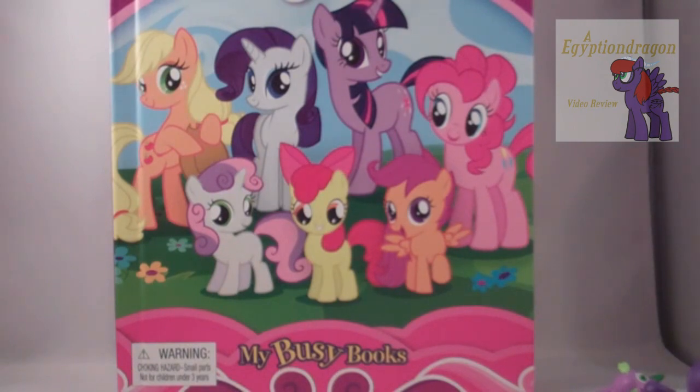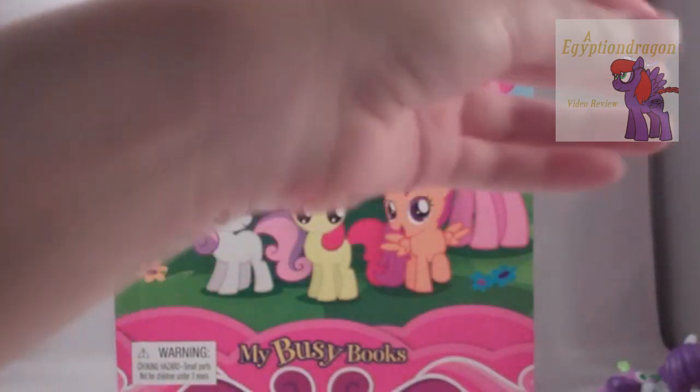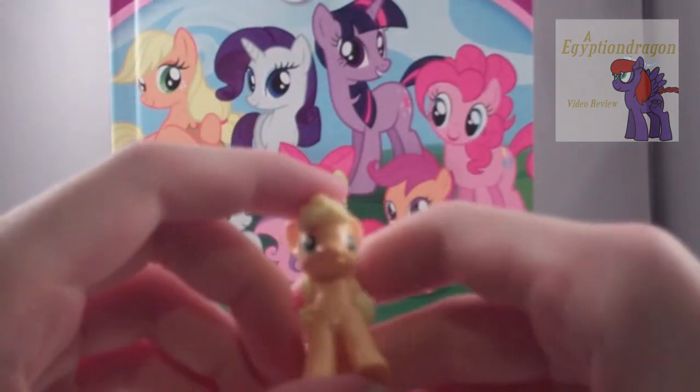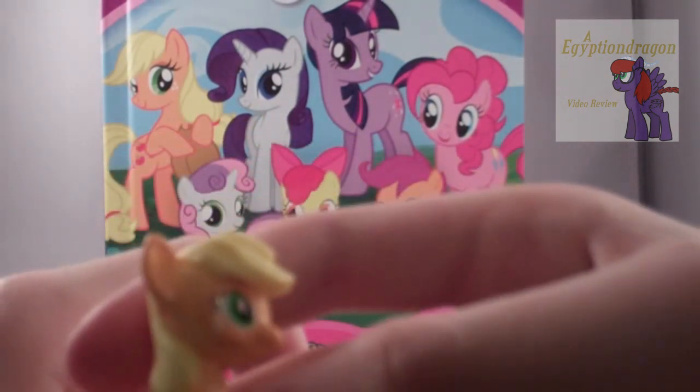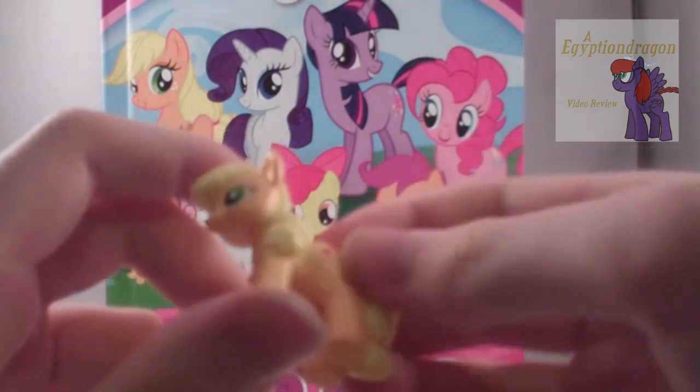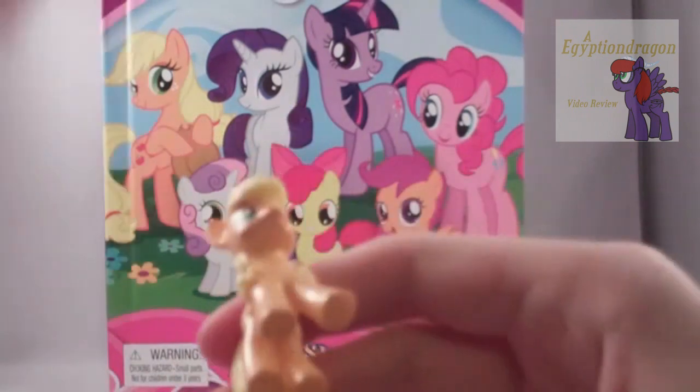And now another reason. Well, let me go on to Applejack before we go on to one of the main reasons I got this set. Her eyes are a little wonky, but that seems to be the norm in this set. Has the double hair, of course. Apples are nice. I do notice that, if you can't see, she looks like she has a sunburn around her eye. It's a darker orange. It's really weird. But this Applejack's pretty good,